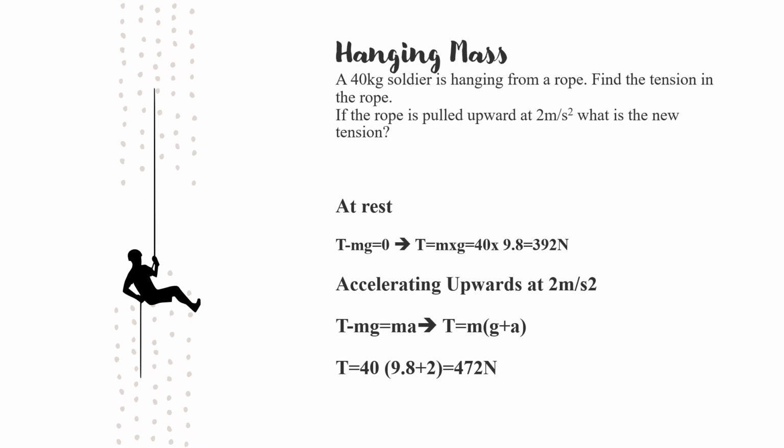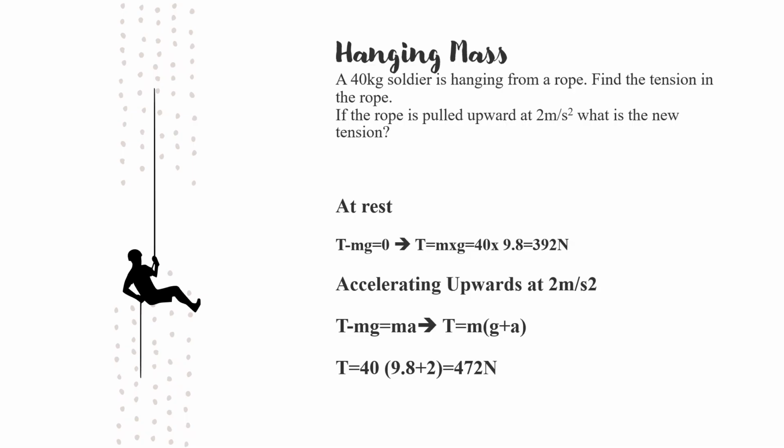So in this example, there's a 40 kilogram soldier hanging from a rope, and we know that there's going to be tension in this rope pulling upward, and the mass of that soldier being pulled downward. So if the rope is being pulled upward at 2 meters per second squared, what is the new tension? Okay, so at rest,